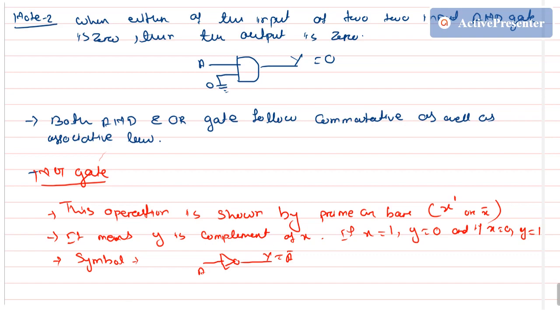And it also has a truth table. So what is the truth table for the NOT gate? It will be a small one, because there is only one input or one variable. So I can write A and here Y. All the combinations will be 0 or 1. When it is 0, the output will be 1. When it is 1, the output will be 0. So this is a small truth table for your NOT gate.